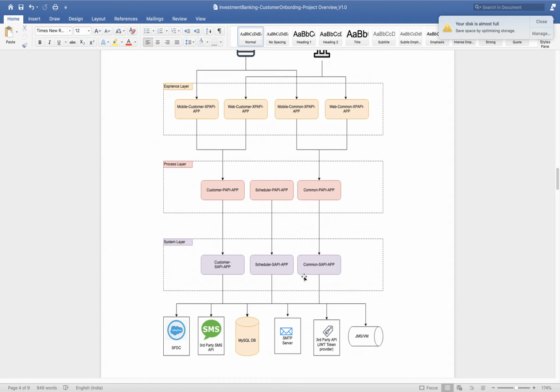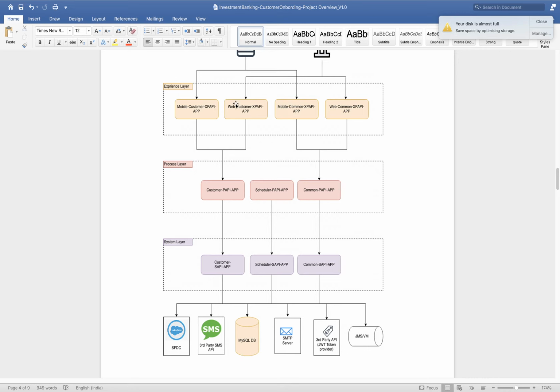First thing, you can reuse components from one place to another place. Second advantage, if there is any issue with this particular system API, only this API will be impacted, or whichever APIs call this particular system API, only those APIs will be impacted. Other APIs or other functionality will keep working. If there is any code break, it will affect only limited functionality. It will not bring down the entire application. That is the second advantage. The first advantage, we can reuse components.